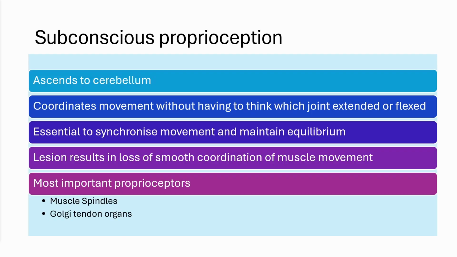So a subconscious proprioceptive deficit results in problems with coordination of movement, because the subconscious proprioception coordinates that movement without you having to think about which joint is extended or flexed. It's essential to synchronize movement and maintain equilibrium, and a lesion will result in a loss of that smooth coordination of muscle movement. So for example, if you went to pick up something, you would